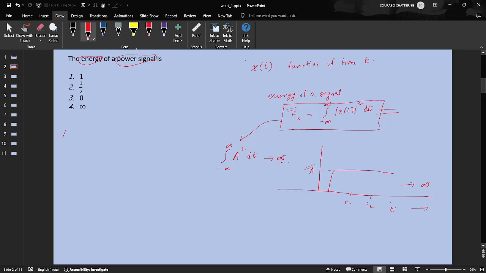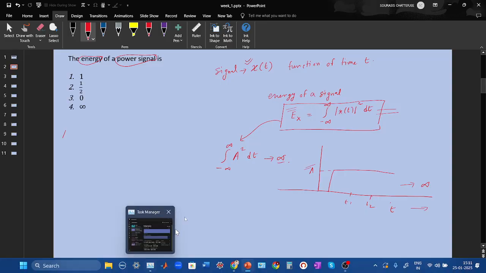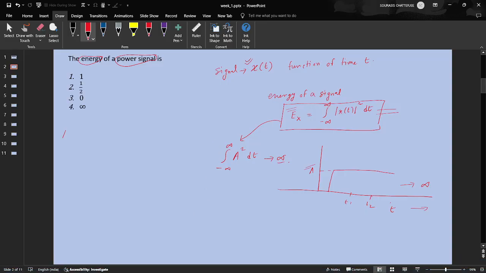So we understand this is a signal, but the question doesn't ask for the energy of any signal. The question asks for the energy of a particular kind of signal, which is called a power signal. So what do we mean by power signal exactly? Let me give the definition to you first: power signals are signals